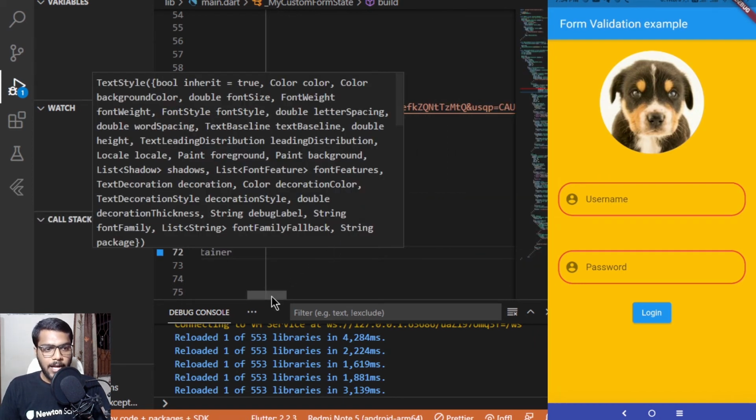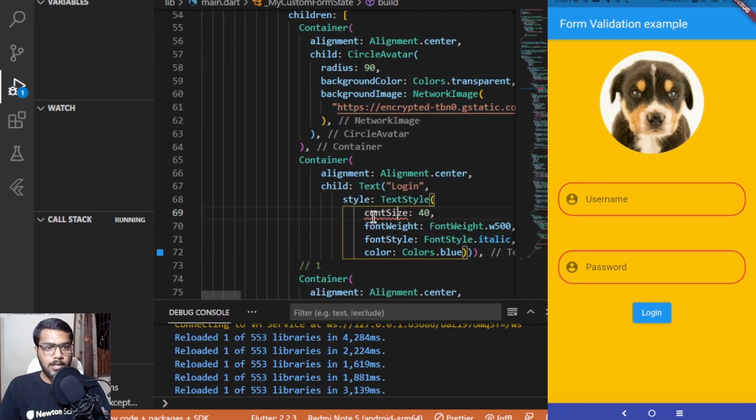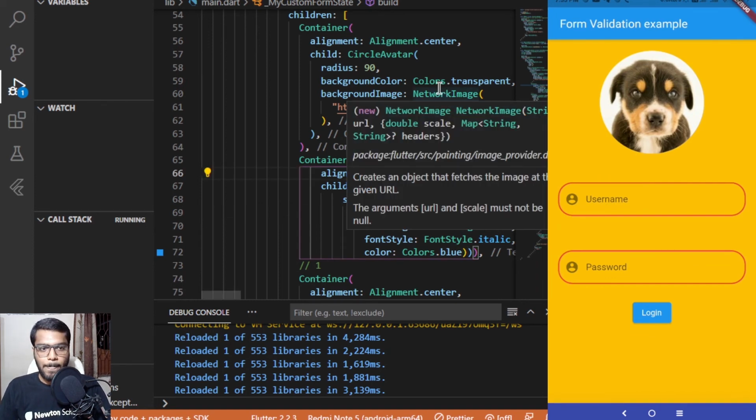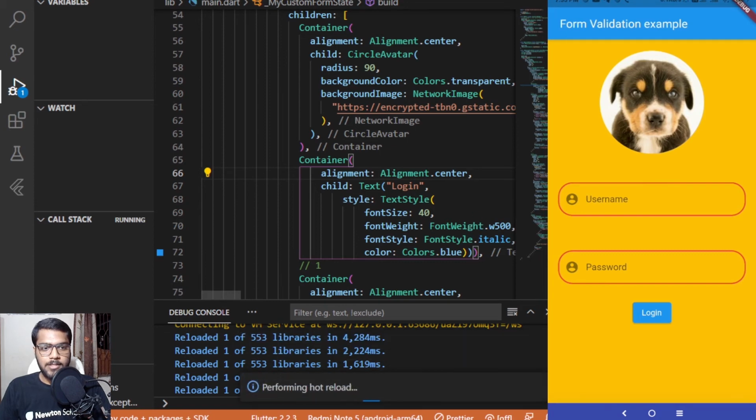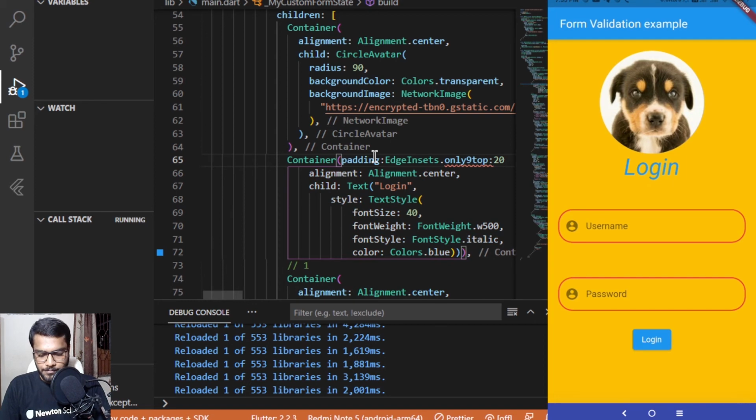And I guess I can add a padding as well around this particular text after this alignment. So that would also, let me first see, saving it once again, and here you can see that the login is being displayed. So let me add a padding from the top of value 20. So padding would be EdgeInsets.only top value 20,